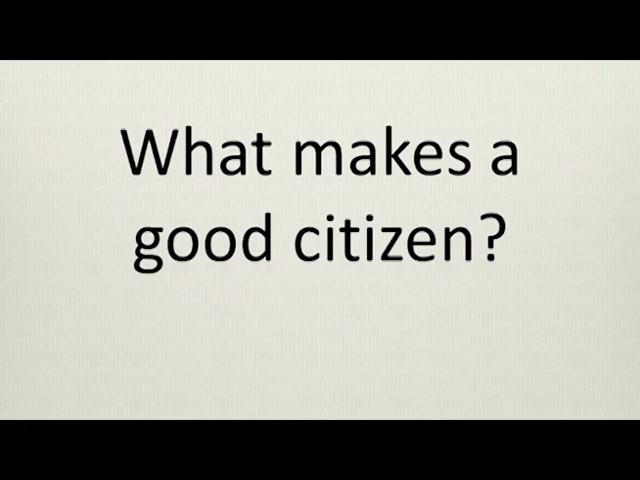And could we do it? And this was our question. This was the compelling question. What makes a good citizen? So if you're stuck with, I don't know where to go with my action project, this is a really good